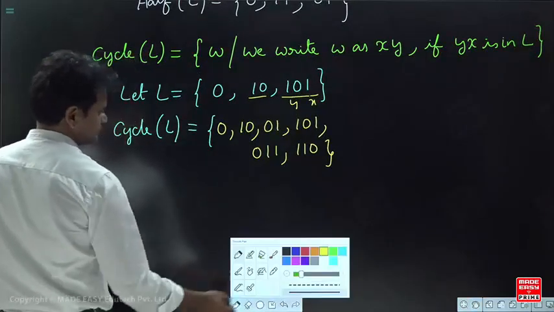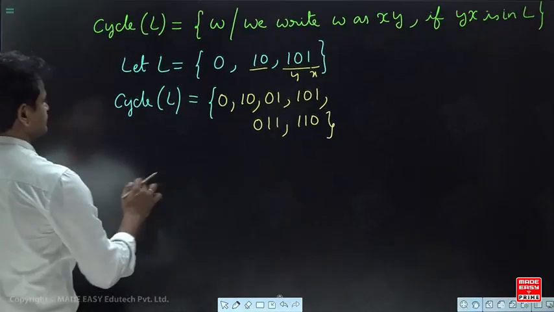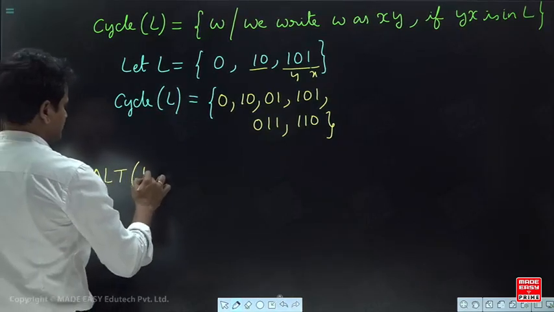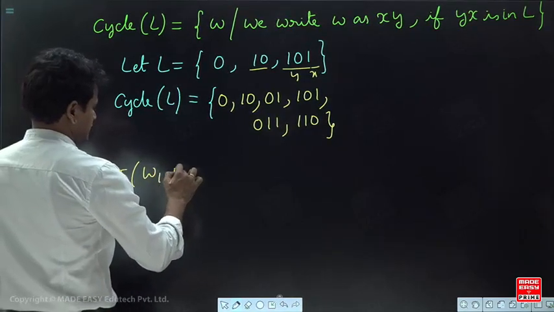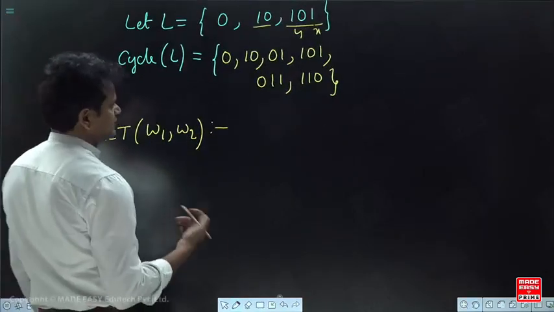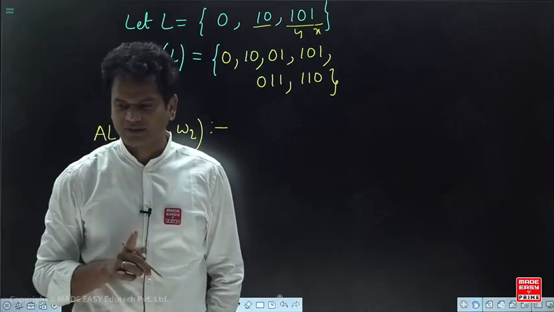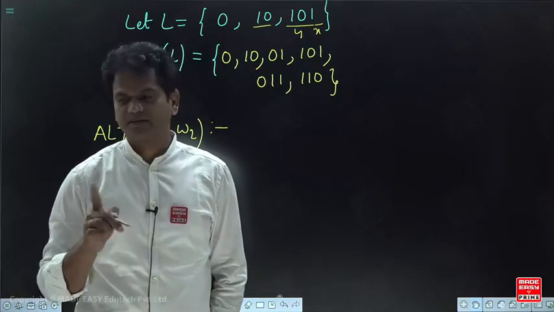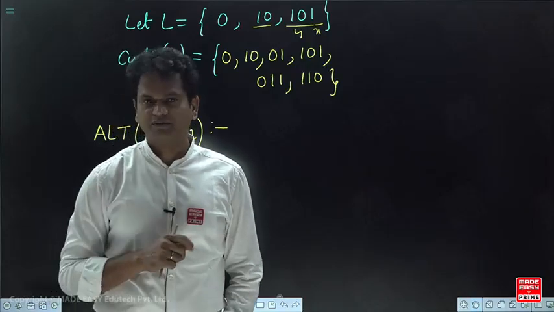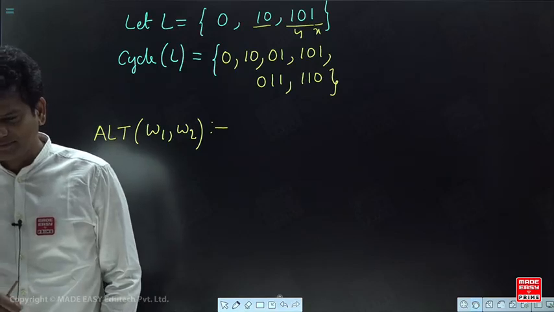Next, alter. Alt of W1, W2. Alt of W1, W2. Next, last property. After this, where the regular languages are not closed. After that, what are the converse of properties? What is converse of properties? With that, the properties will be completed. Okay. Next